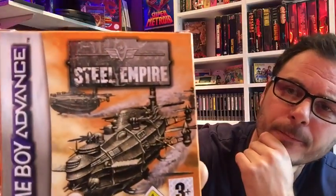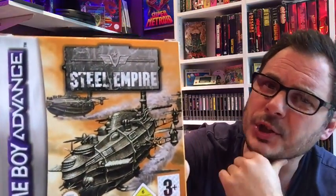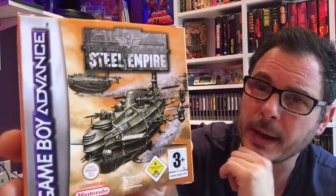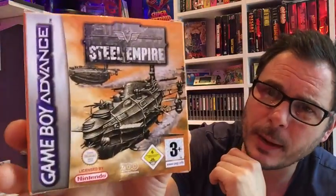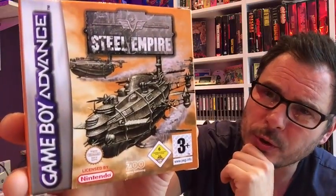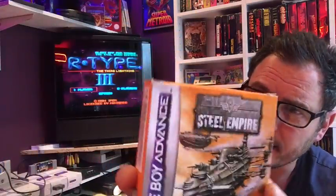Next game, been after this for a while. Quite an expensive Game Boy Advance game. Quite a rare game. You can actually find this game on the Mega Drive, and it's called Steel Empire. I was after the Jap cart actually, because I think the artwork on the Japanese Game Boy Advance version is better. But this came up in an auction and I got it for about £25. I thought it was a good deal because it is quite a rare game and it is a very good